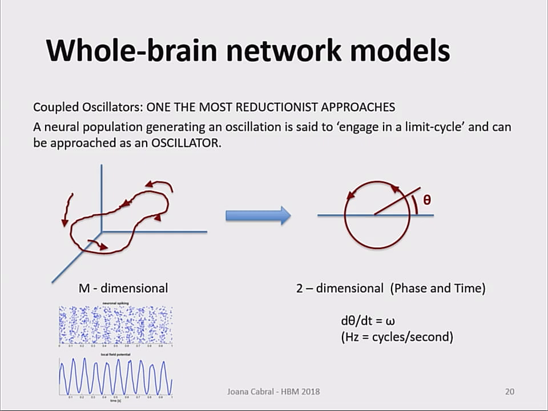Because it is reported that neural masses with excitatory and inhibitory neurons can engage in gamma frequency oscillations, which is detected at the LFP, local field potential. And so the idea here is to assume, okay, let's see what happens when you just couple oscillators together in the structural connectome. Then now we are also considering the amplitude dynamics using Hopf, but this was to make the link with a